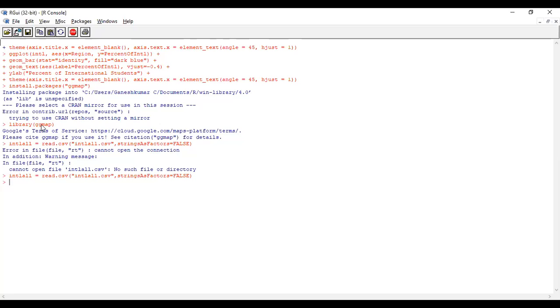In this, we have to install the package called ggmap global map package. Then we have to load the new data set. Initially the data set was Intel INTL, now it is all. The data set I installed has some text data. So now the data set is ready, and we have to proceed further. Before that, let me know if you have completed this process. Please type it in the chat window. I think Vaishnavi completed up to this step. Yes, sir, up to this step. Okay, we'll wait for some more time. Let other people complete, then we'll proceed.